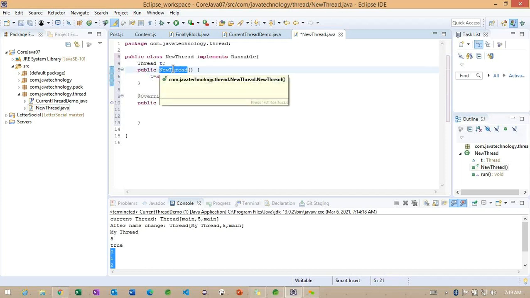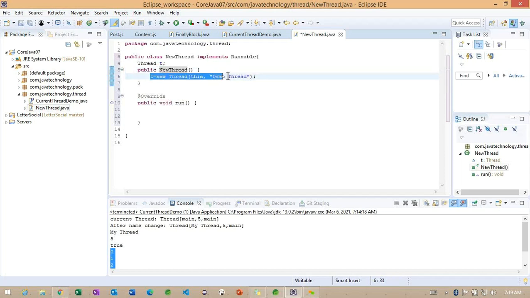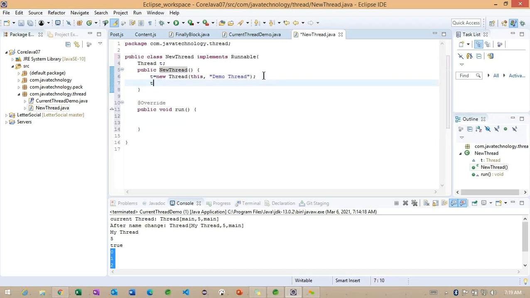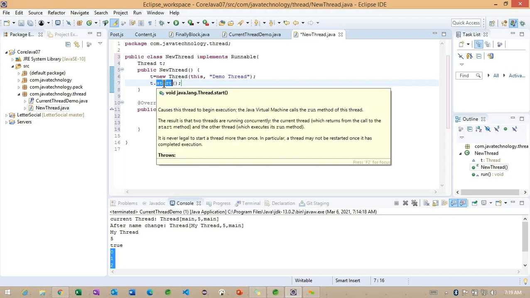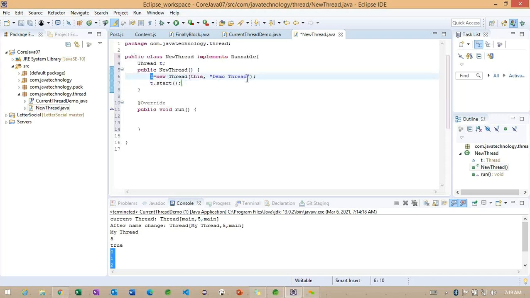Inside the constructor, whenever we call it, internally we are creating a thread object by passing the Runnable interface object reference and the name of the thread. After this, I'm going to call t.start. Whenever we call this start method, internally the thread we created is going to start. And when the thread starts, a method is called internally. Which method? The run method is called internally.